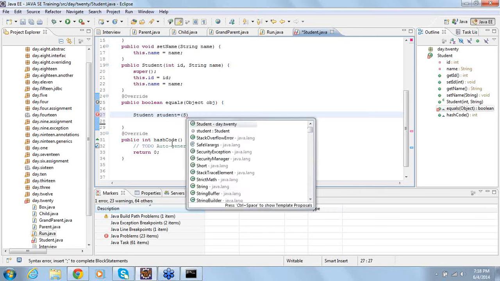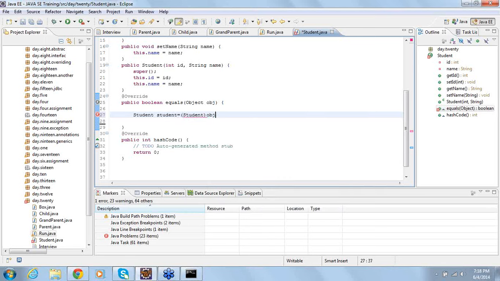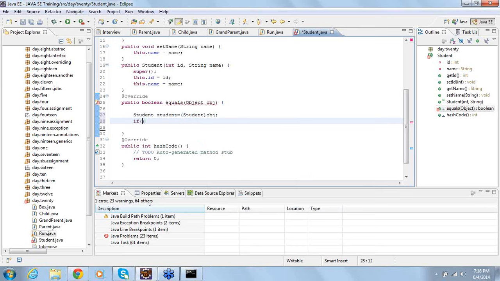Now, since the hashCode method is overridden and it is returning 0 every time, in the equals method I'll write the logic on what basis I want to do it. I want to check for equality. So what should be the equality condition?